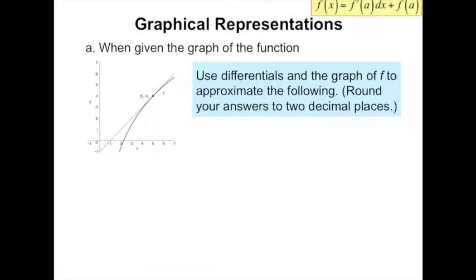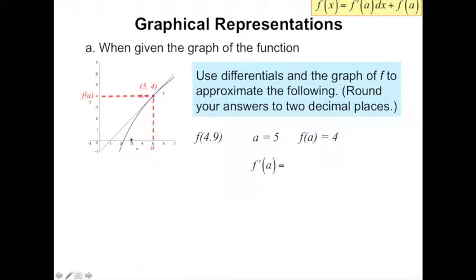When we talk about graphical representations here of linear approximations, the linearization, we can use that to approximate the value of a function in close proximity to where it is tangent to the curve. So in this case, we are going to use our linearization to approximate the value close to x equals 5. Okay, so we want to approximate the value at 4.9. So if we want to approximate the value at 4.9, we're going to take an a value of 5, and that gives us our function value of 4,